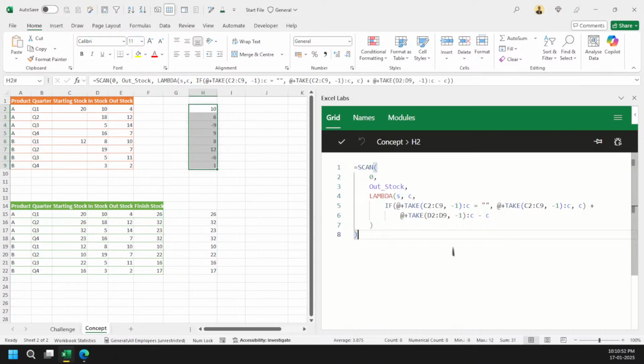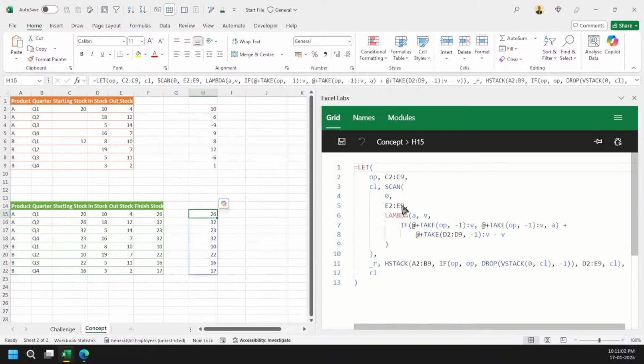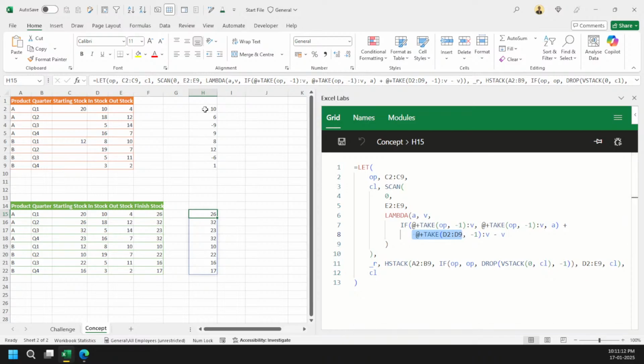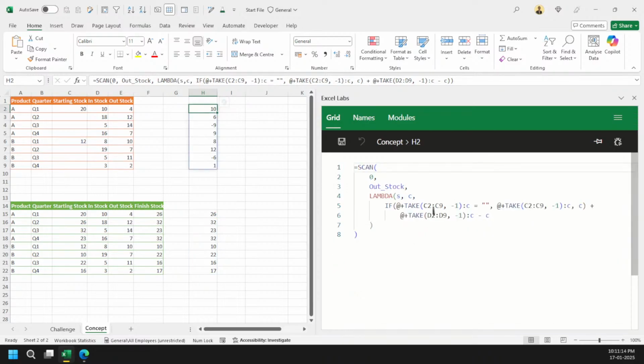Right. And this is now not working. Let me see, where did I miss something? It should have worked properly here. Yeah, if this value is good. Let me see here. C2 to C9.